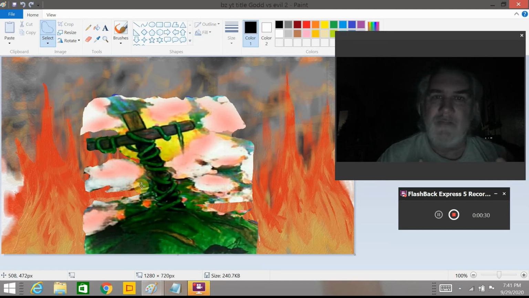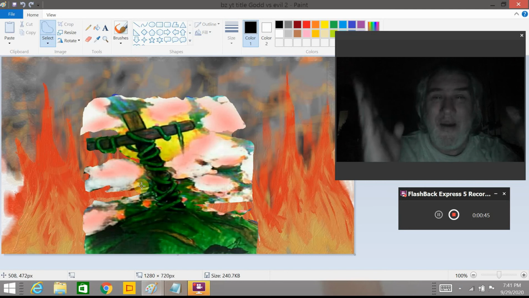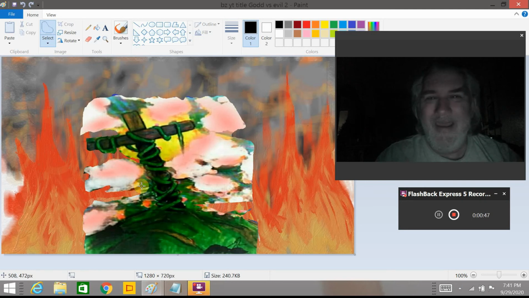I took a picture that I had made before of my representation of what good is, and bam, I put it in the middle of the fire and flames. Oh no, what have I done? Anyway,